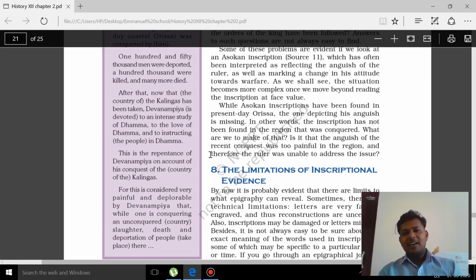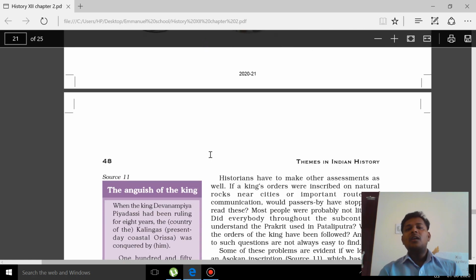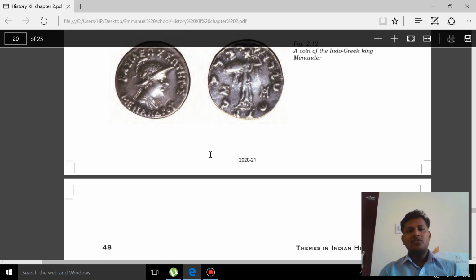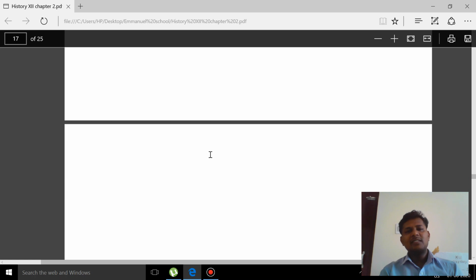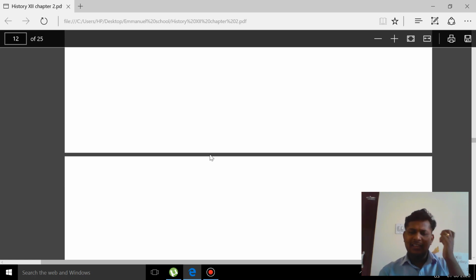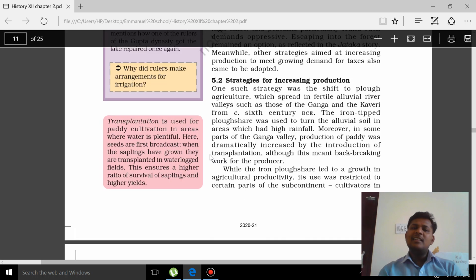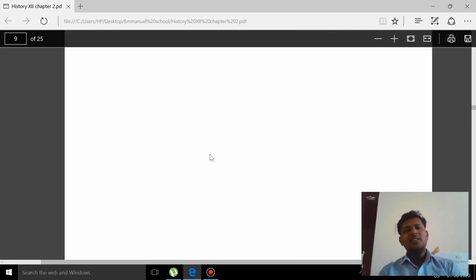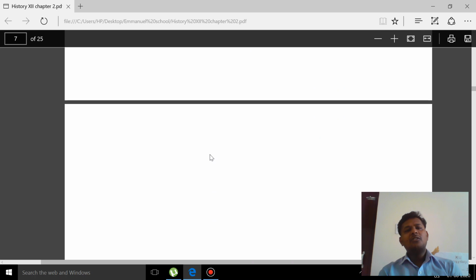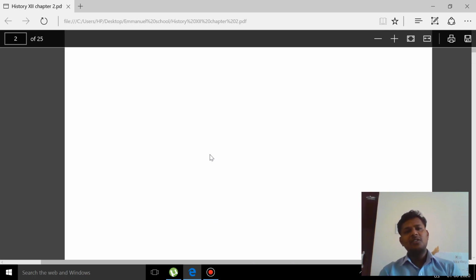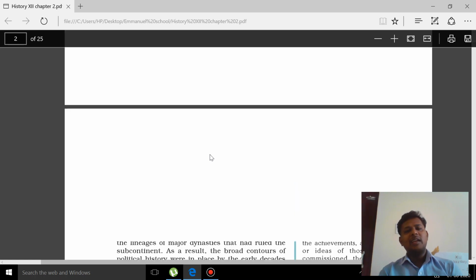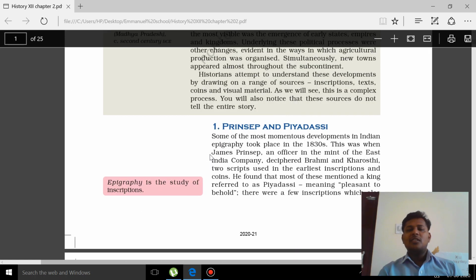So fine, we have finally come to the conclusion of the second lesson too. I think I was able to make you understand some of the hardcore concepts. Otherwise, this is an easy lesson. See, all the lessons are easy if you are able to read every line and understand the perspective. That is the biggest problem. We students don't want to read. Somebody can just mark and give some important questions, so we can just learn by heart and go for the exam, which is not a good idea.